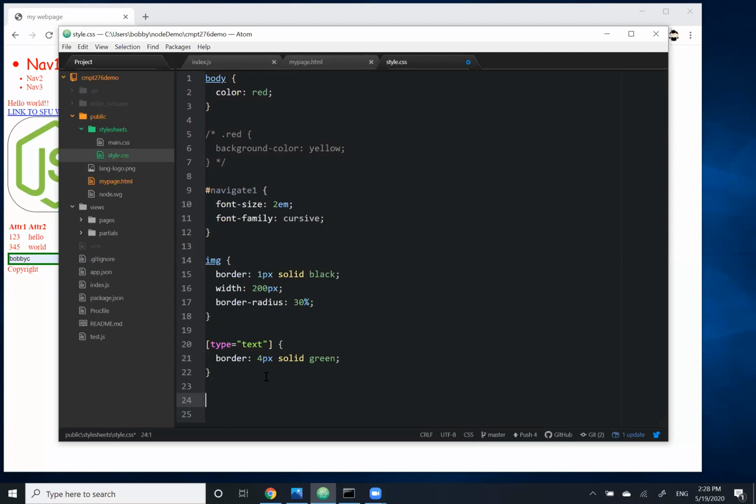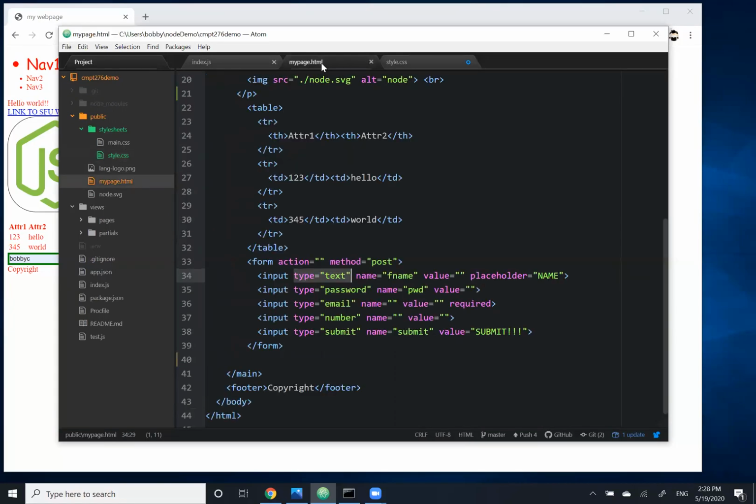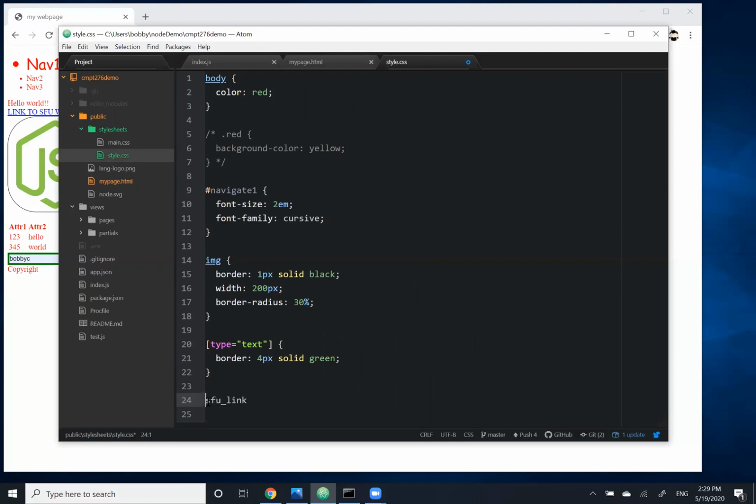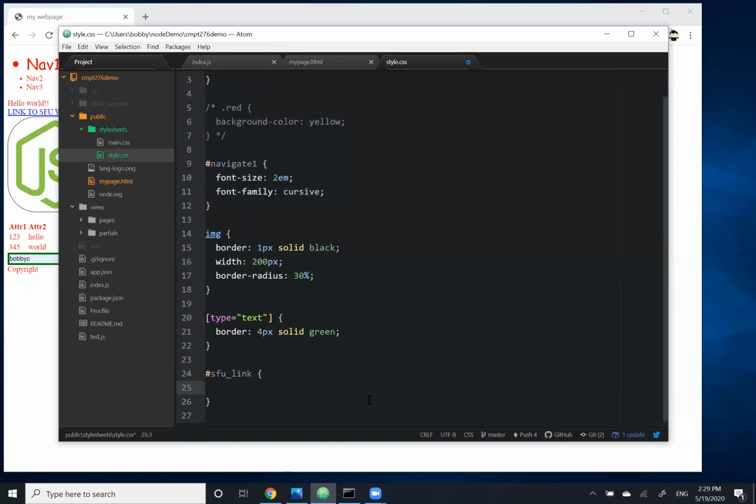There are other pseudo classes and pseudo element selectors that we can apply as well. So I'll give you one quick example of that. On our HTML page, there was an anchor tag, and I've made the ID SFU link. So for the SFU link, I'm going to first grab this selector. It is an ID, so the ID SFU link, I want to apply the following